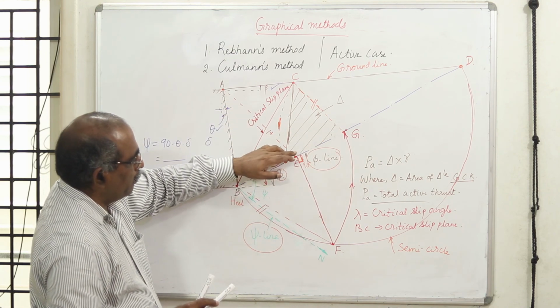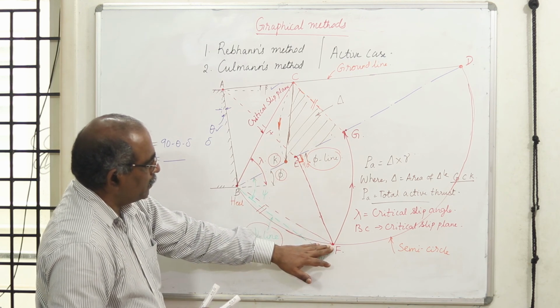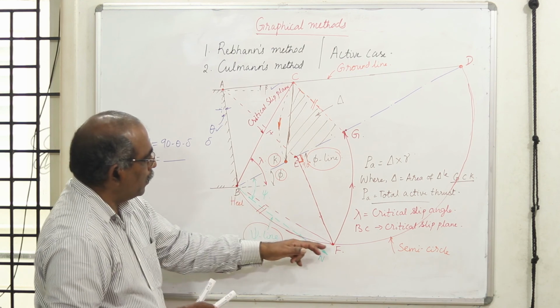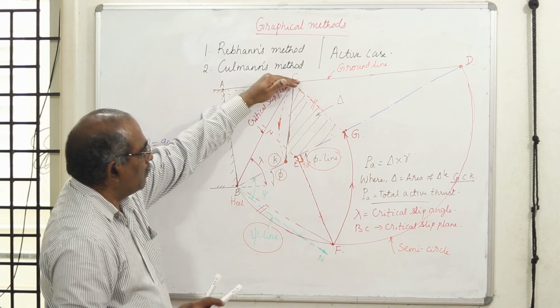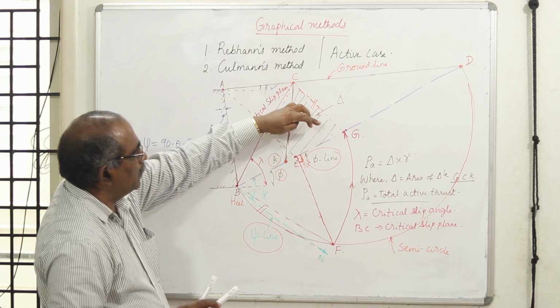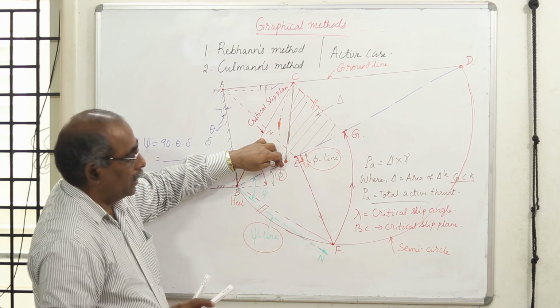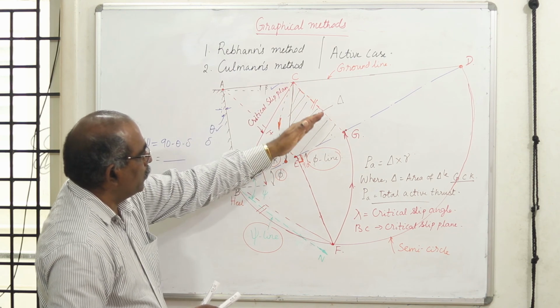I get a point E. From E I draw a perpendicular wherever it meets the semicircle. Taking that point F as the center, I draw an arc. It cuts the phi line at point G. From there I draw another line parallel to the psi line. It will cut the ground line at C. Then with G as center and GC as radius, I draw an arc. It gets cut at K. Using that point, I join KC and I get this triangle.